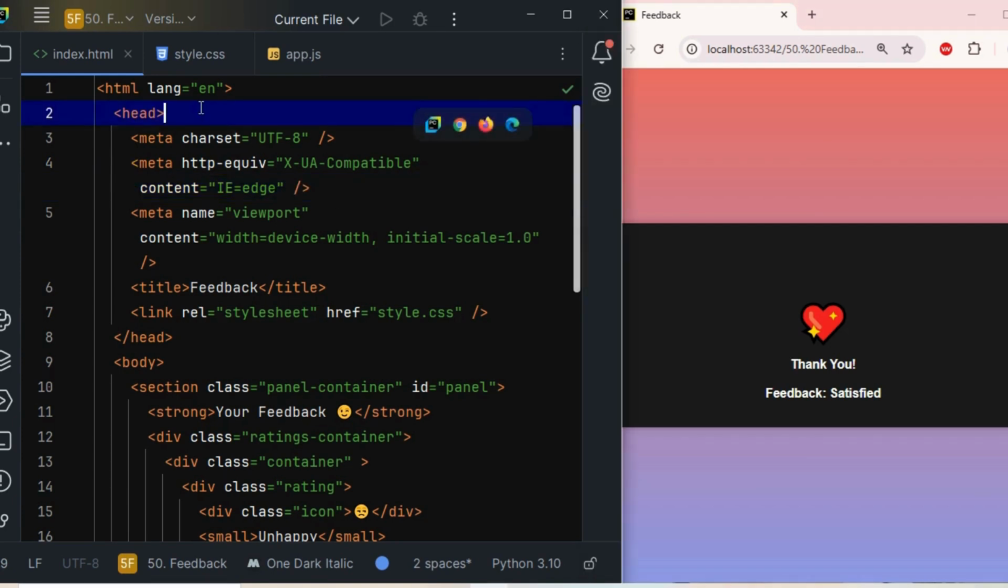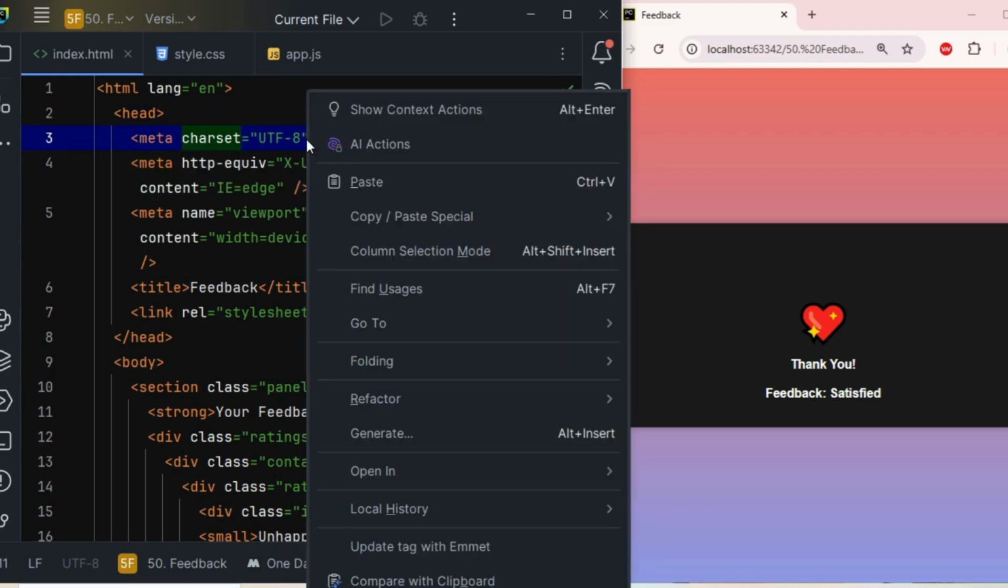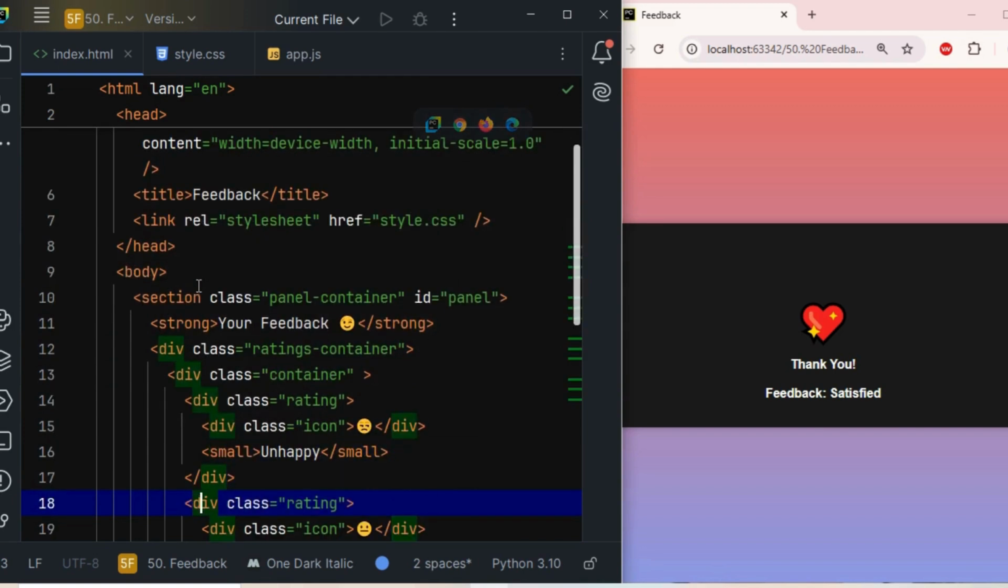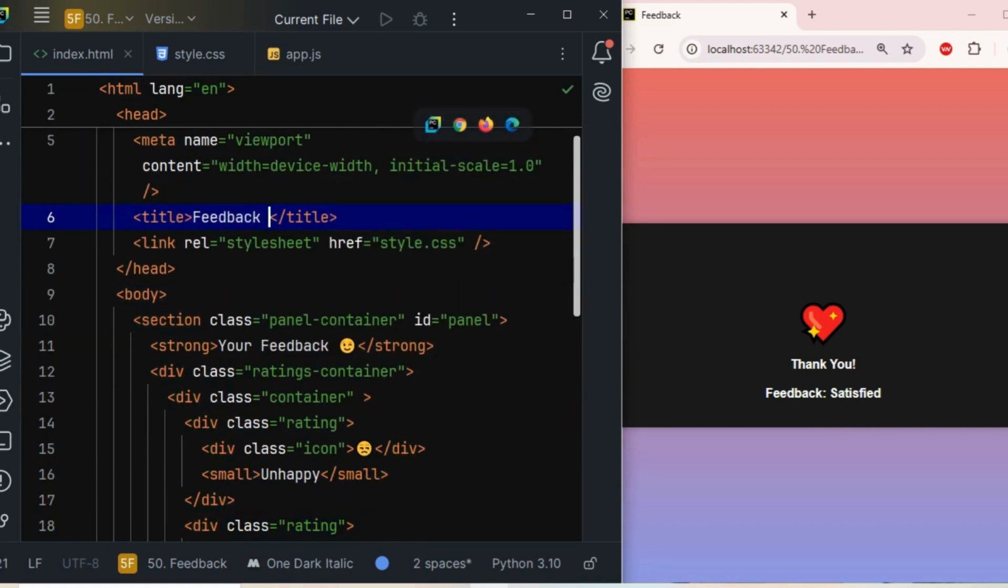Coming to the HTML part, the explanation of the HTML can be given in English. In the head tag, I use metadata: charset of UTF-8, and http-equiv is X-UA-Compatible, and content is IE=edge, and name is viewport, with content of width equals device width and initial scale 1.0, and the title can be the project name,